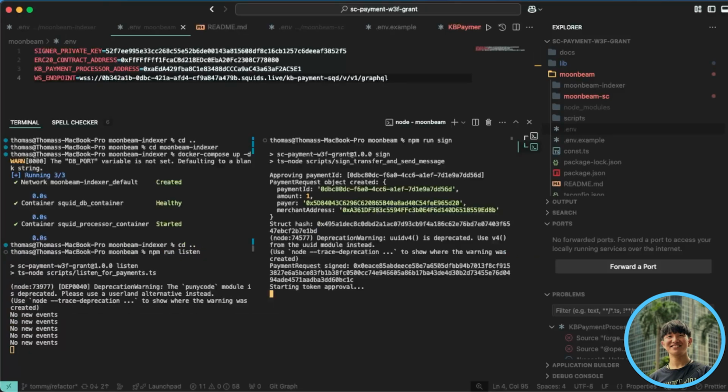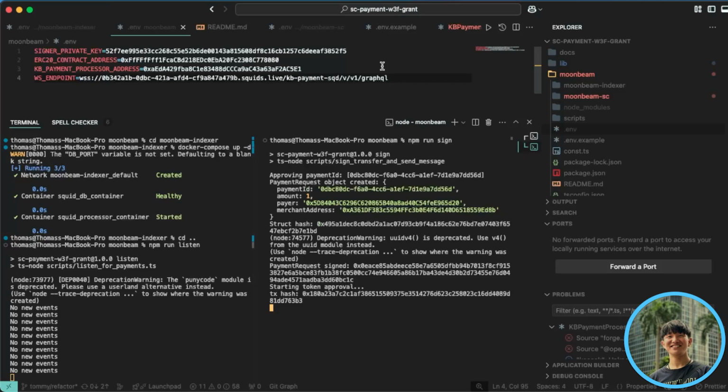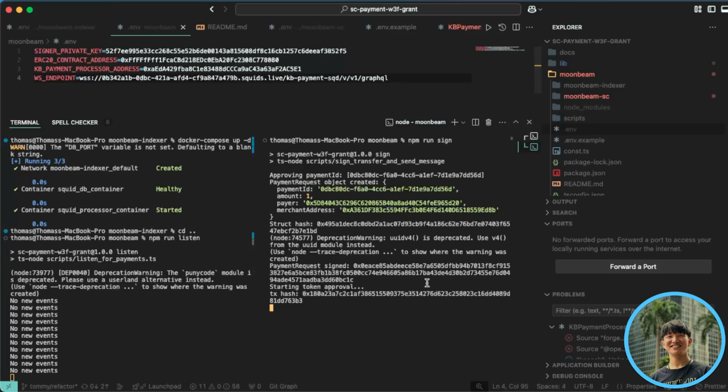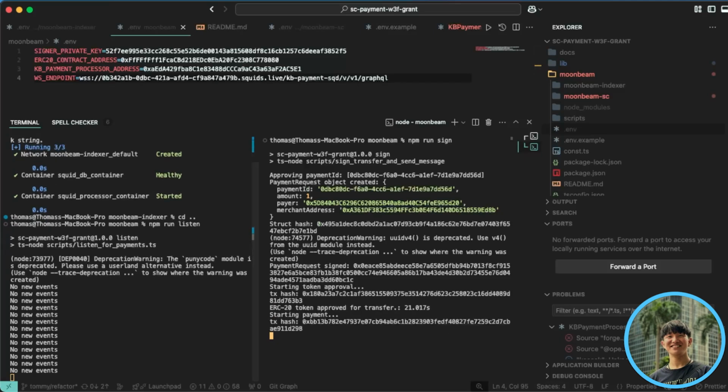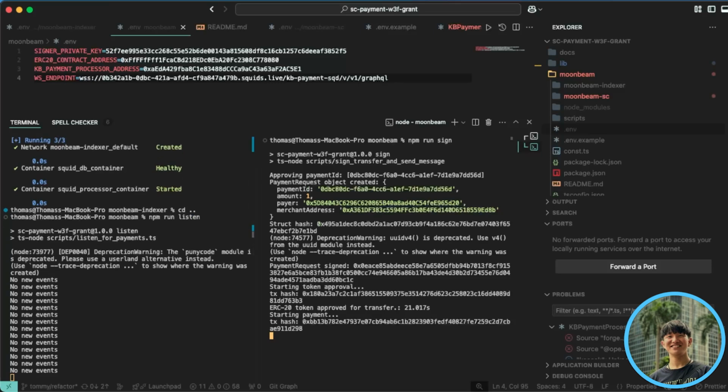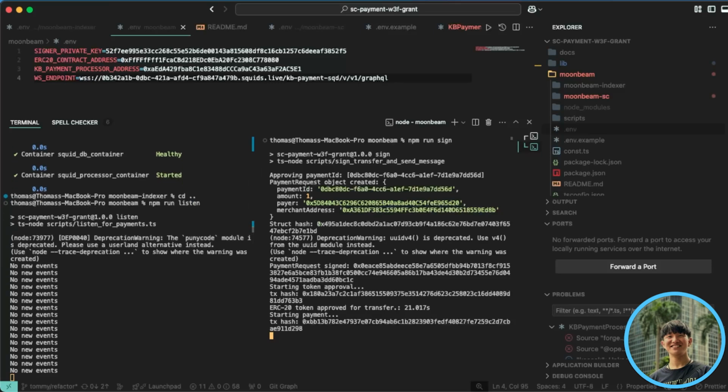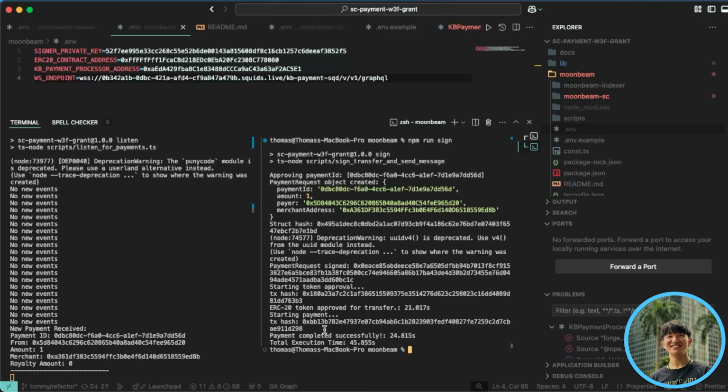Now that's all done, let's run the following script, which will simulate the client side for the user, approving the transfer of the tokens, signing the payment payload, and then submitting the signature and signed payload to the contract to finalize the payment. So after we call this function, you should see that the approval will come first, and then once we submit the transaction, we should be able to see from our listener that the event was successful, and we can find that the payment ID from the event matches the payment ID that we used to submit the